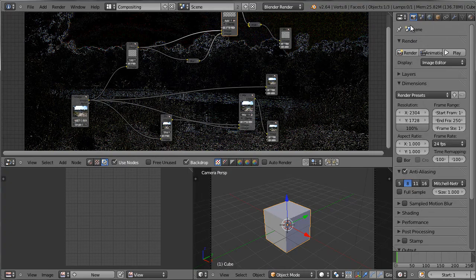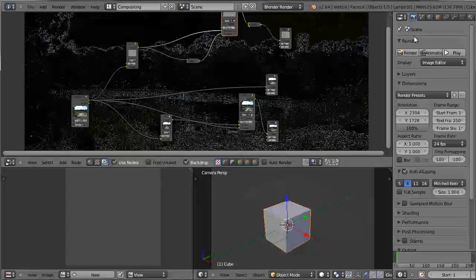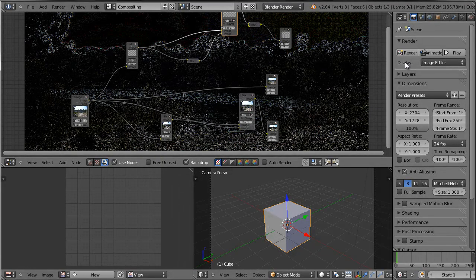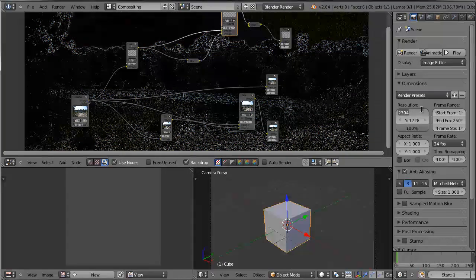And the first thing you want to make sure, before starting adding masks, is that the dimensions of your scene match exactly the dimensions of your imported footage. So you go up here to the render panel, and you go down here where it says dimensions. As you can see, by default this is something